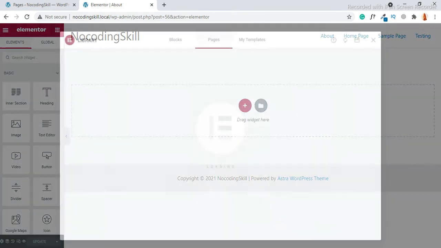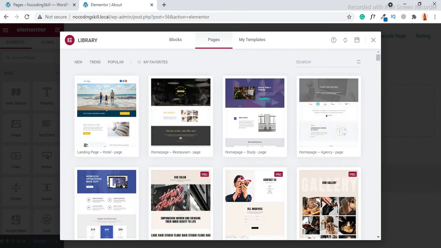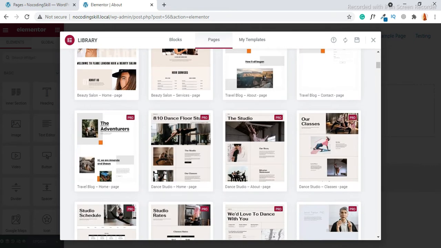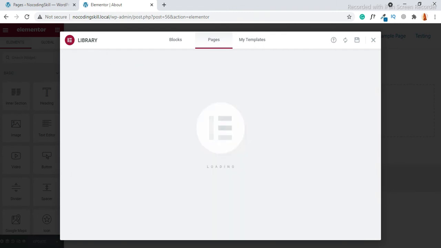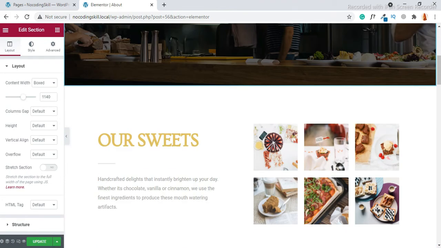Now click over here. I'm going to take a pre-built page to make the about page. Let's take this page again. We will just customize this. Let's keep the banner the same.